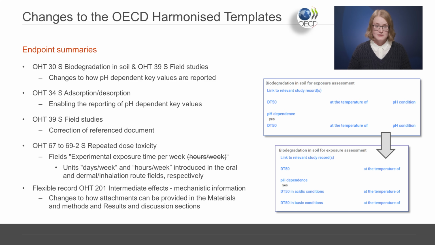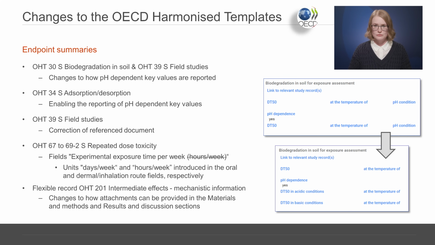Then for field studies, there was also a correction to the type of document that can be referenced from the endpoint summary. And for the endpoint summary repeated dose toxicity, there was a change to the fields with the label experimental exposure time per week, hours per week, where indeed the unit hours per week was removed from the field label, and the unit days per week was introduced for the oral route, and the unit hours per week for the dermal